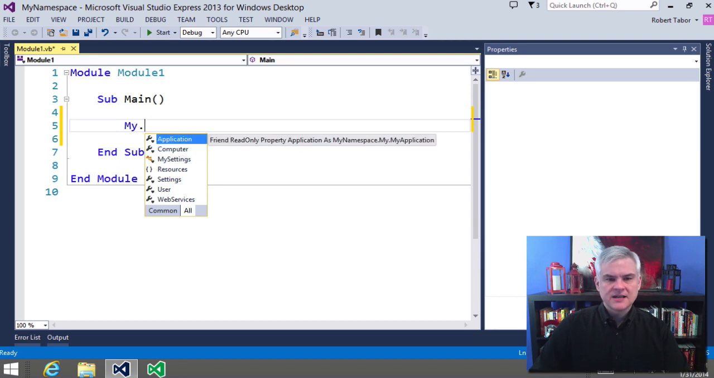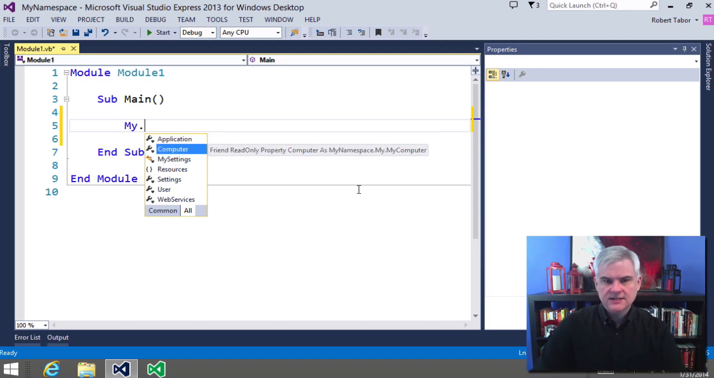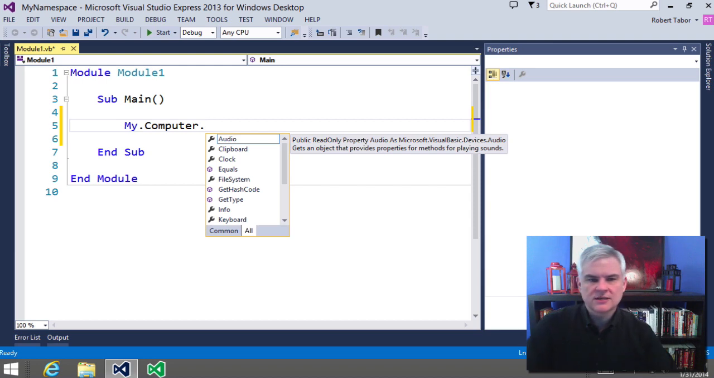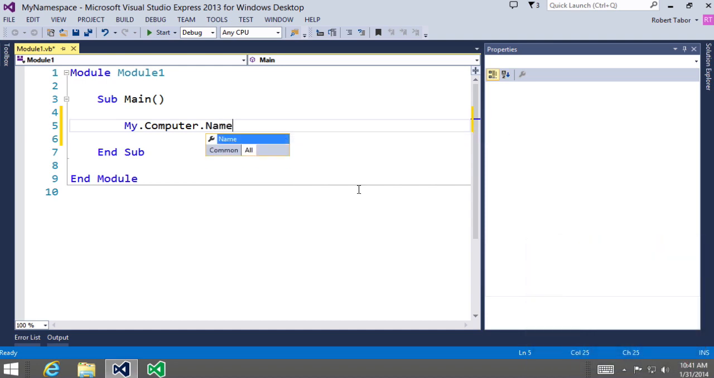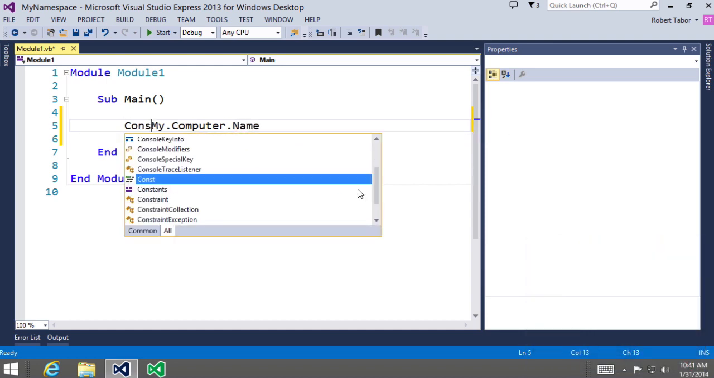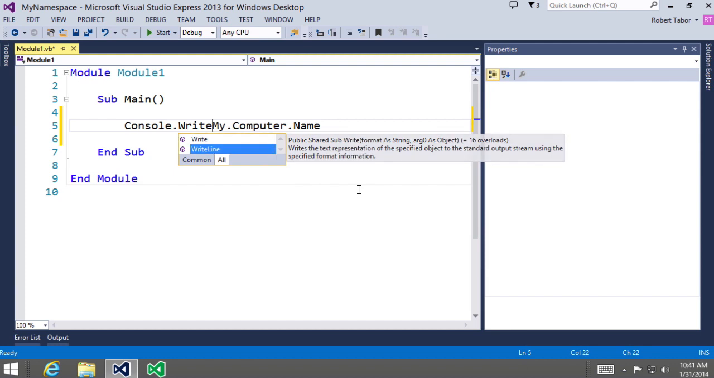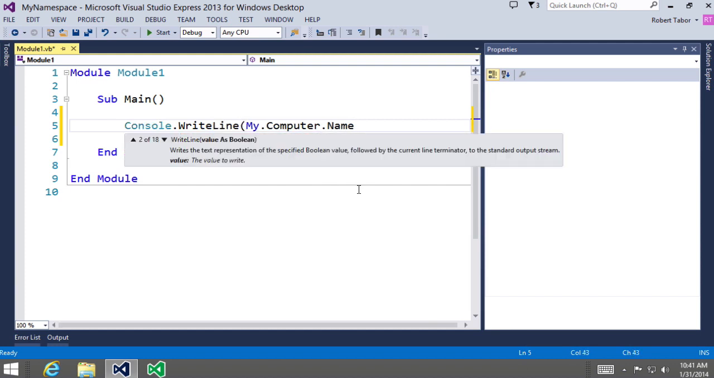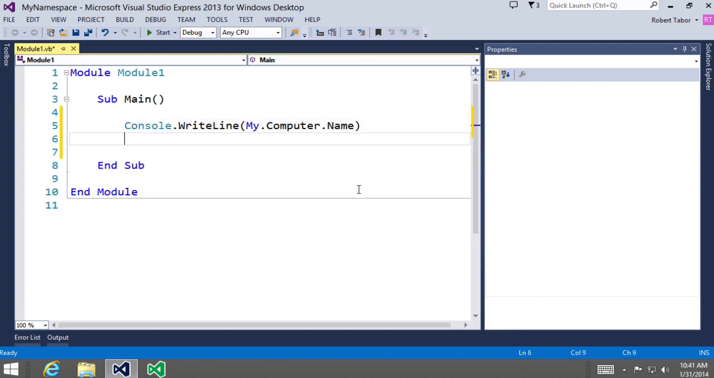That's neat. So we're going to start with the computer class, and I'm going to attempt to access the name of the computer and its available memory. So we'll do something like this. We'll get the name, for example, of the computer. So Console.WriteLine, and we'll just pass in My.Computer.Name and